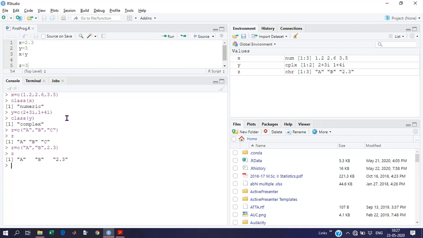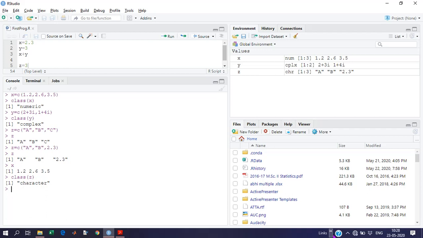When we write x, it shows 3.5, and here 2.3 gets converted into a string. If we get the class of z, it shows character. So even though 2.3 is a number, it is stored in a vector where at least one element is a character, so every element in the vector gets converted into the character type.